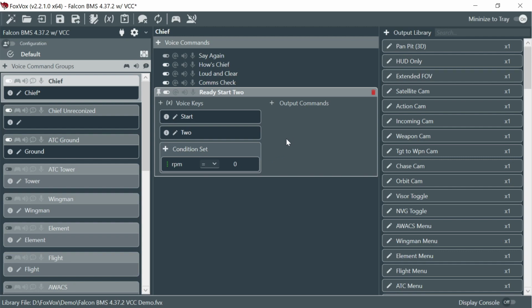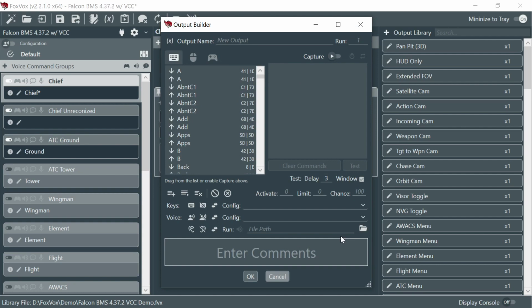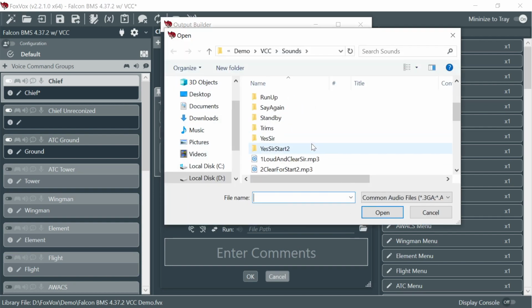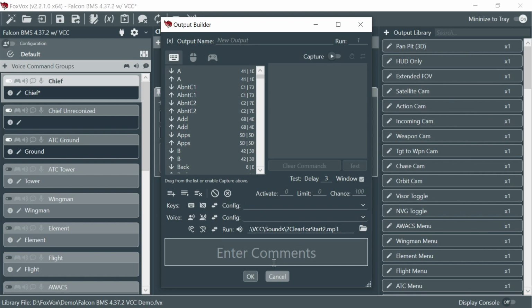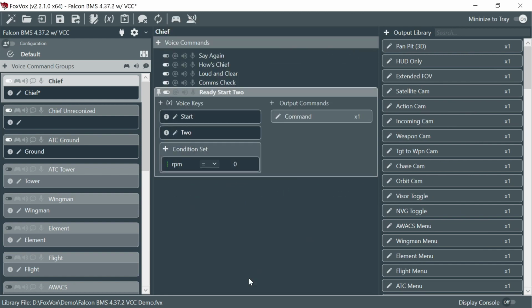That will be complete. Okay, so when we clear for that, Chief's going to respond to us, clear for start 2. And at this point,